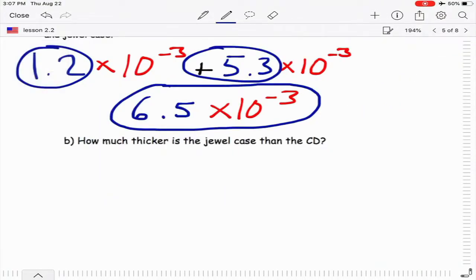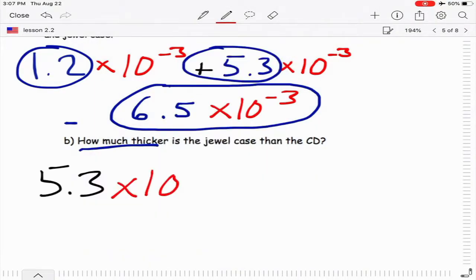Okay, letter B, how much thicker is the jewel case than the CD? So that means subtraction, right? So how much, in the future, always know that means you're going to subtract. But you're still talking about distance, so you can't have a negative number. So that means that the bigger scientific notation has to go first. So it's going to be